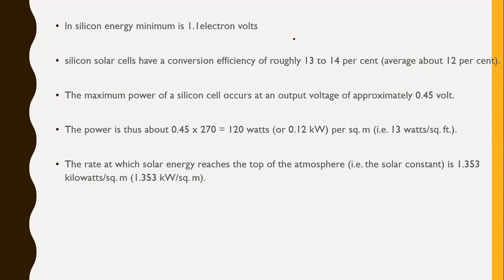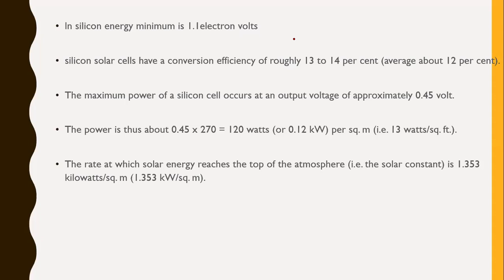And only up to these conversions, we can say only 45% of the energy in the solar radiation at sea level, this is the level we are comparing at, is capable of producing electrons and holes in the silicon. Okay, so what is the percentage? 45% of the energy in the solar radiation at sea level can produce electrons and holes. Because of the electrical resistance of the semiconductor material, there is a loss, and other loss modes are also there.